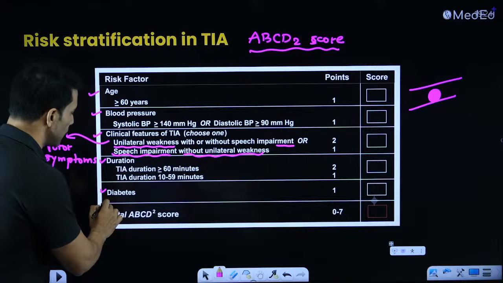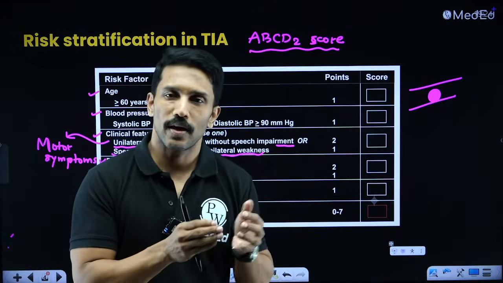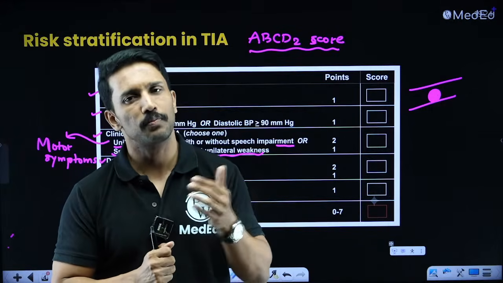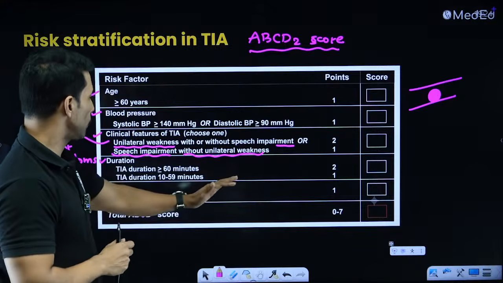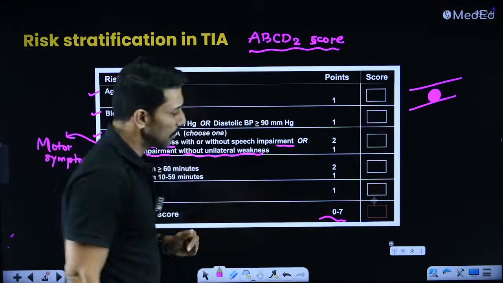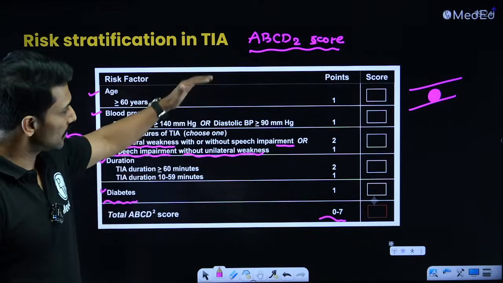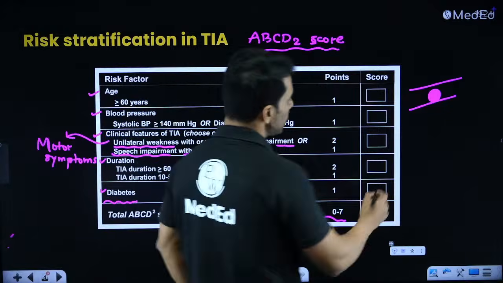And then diabetes, we know, is a strong risk factor for stroke. Stroke is considered a macrovascular complication of diabetes. So if diabetes is present, the chance of stroke occurring in the near future is high. So we give 1 point to it. Collectively, the maximum possible score is 7. The minimum possible is 0. We will assess the score for each patient who had an episode of TIA. And if the score is